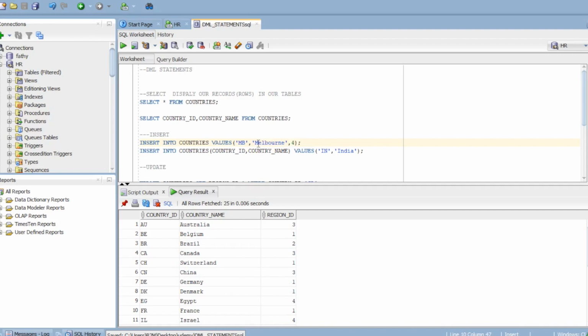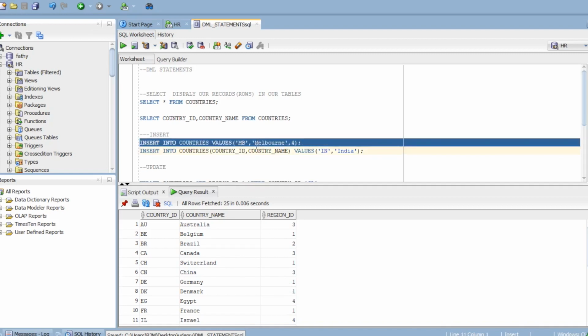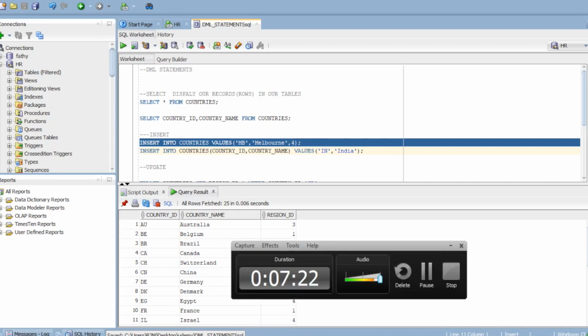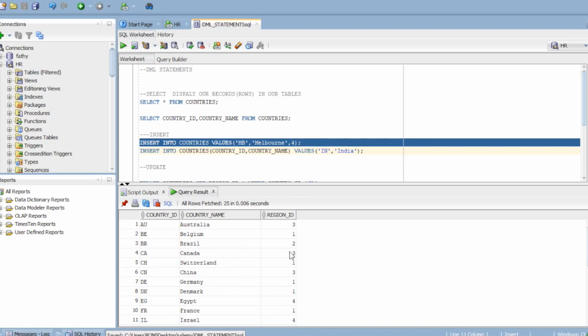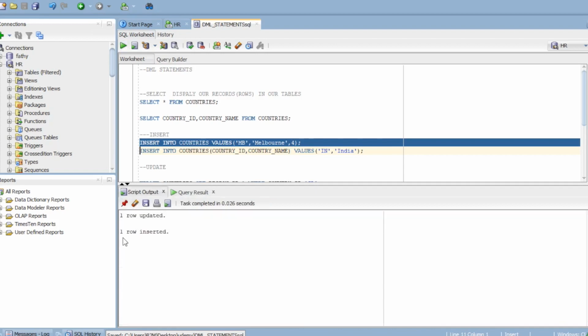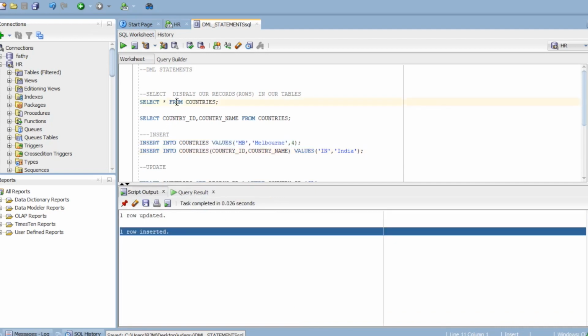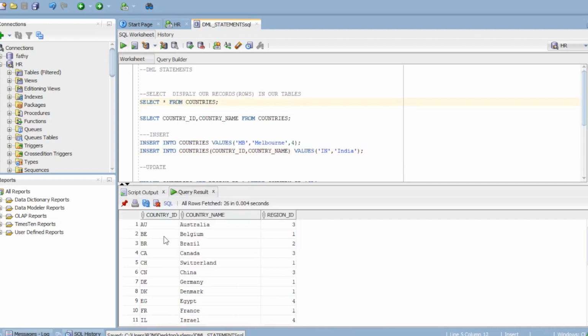So this command will insert a new row with country ID as MB, country name as Melbourne, and region ID as 4. I got 1 row inserted. When I execute the select command again, I can see my new record here.